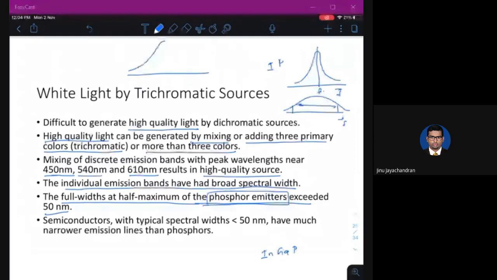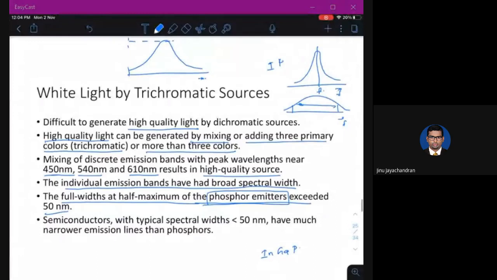If your spectrum is like this, let's say this is the maximum peak, and this is half of that. So this is 1, this is 0.5. If you consider this width, that is the full width at half maximum, where half maximum is 0.5.